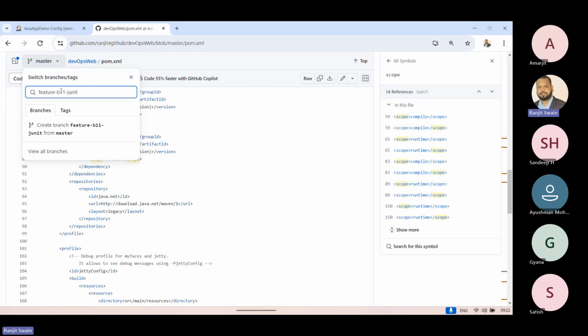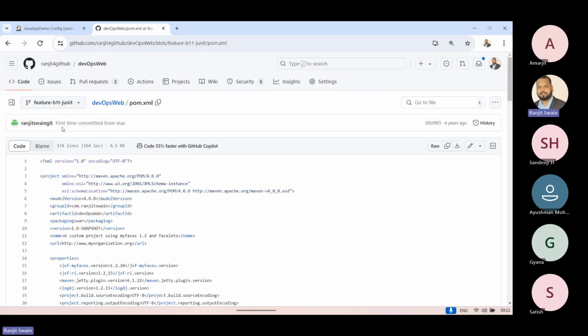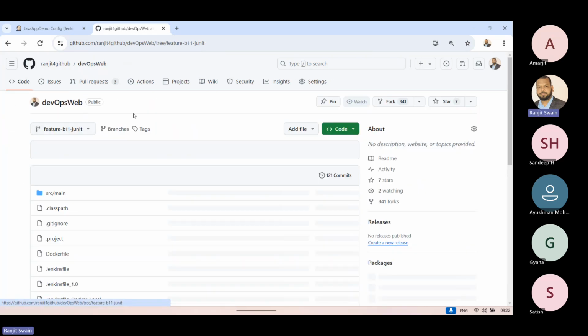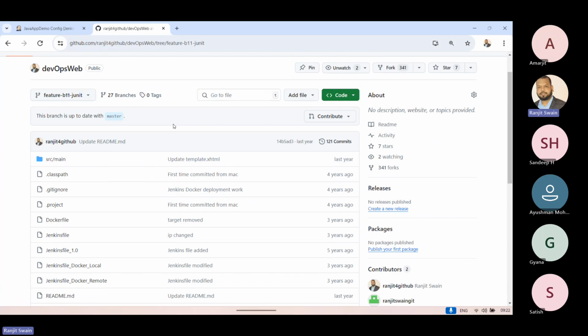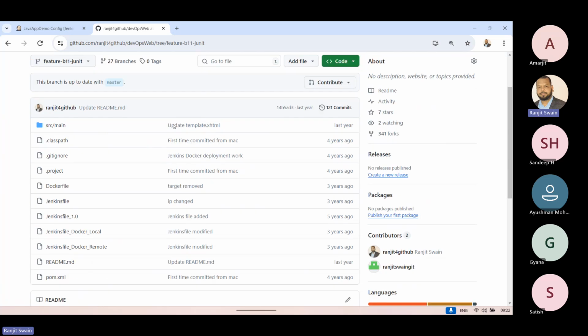I'll give a JUnit. This is the branch I'm going to do the demo, right? Let's go ahead. Now you understand about this pom.xml. Similarly, there is settings.xml also; they might ask you related to Java, related to project. You can add that also for the references and dependencies for settings. All configurations will be there in settings.xml. Okay. Now,